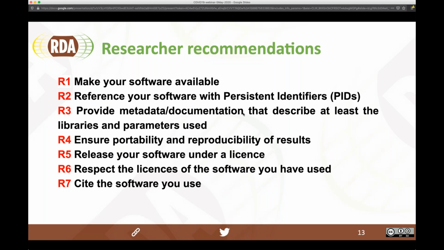So it's just a quick overview of what our first document said in terms of researcher recommendations. We tried to really focus on things that a researcher could do differently now, quickly, in this time-poor environment. We really focused on quick wins rather than some of the long-term goals. But as we go through the review of some of these in response to feedback, we might look at changes such as emerging R6 and R7 there. And then the next and last slide